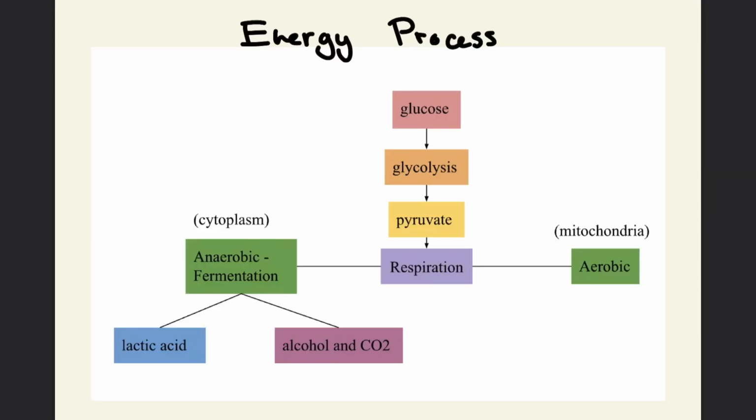So I have created this little diagram which shows the energy process that leads to anaerobic or aerobic respiration. We all start off with glucose, right? So this is C6H12O6. And then we perform glycolysis. Glycolysis is the name of a process. Glycolysis is what converts sugar, or glucose more specifically, into a pyruvate, which is basically when the sugar is split